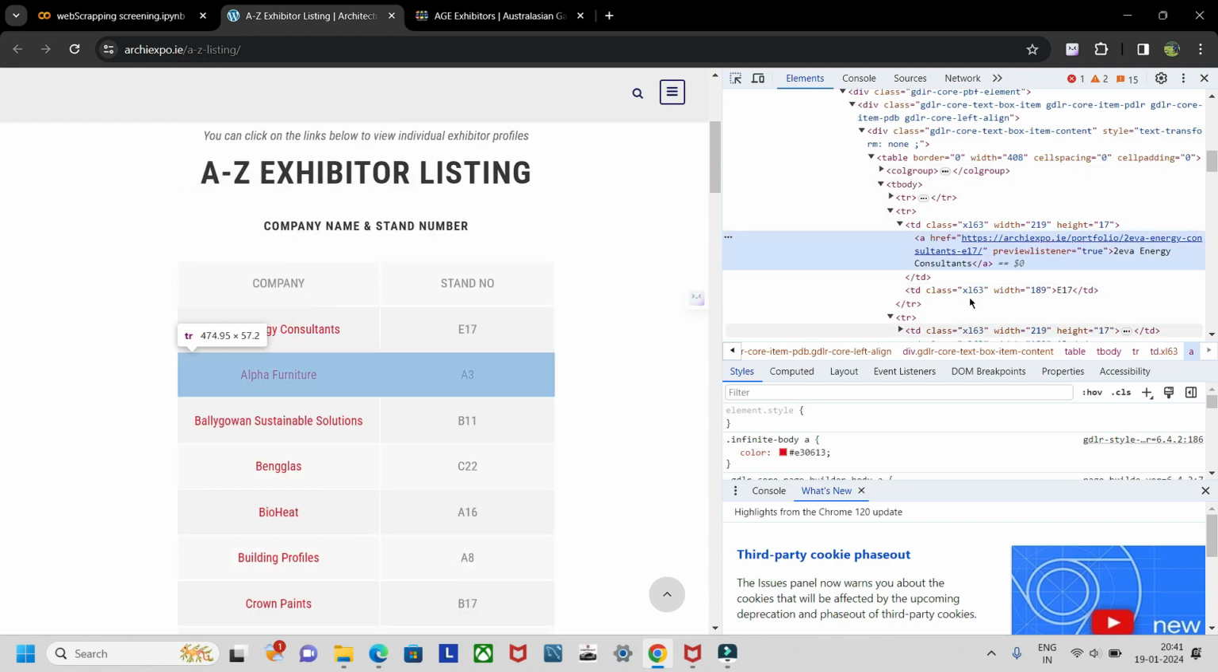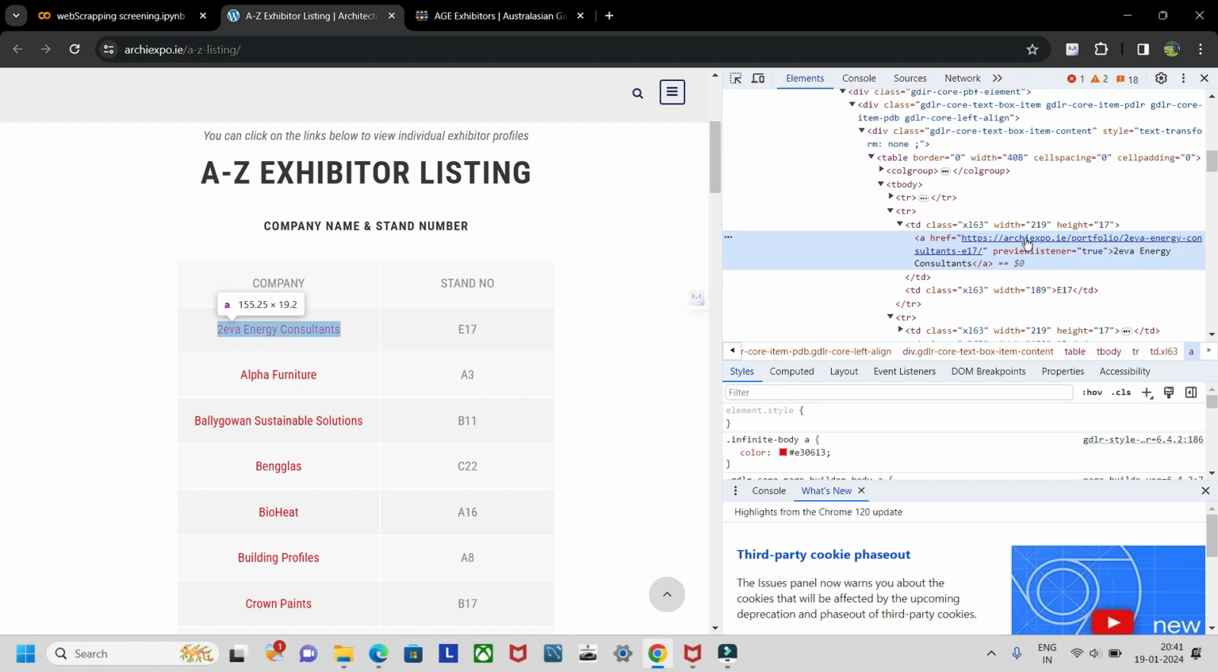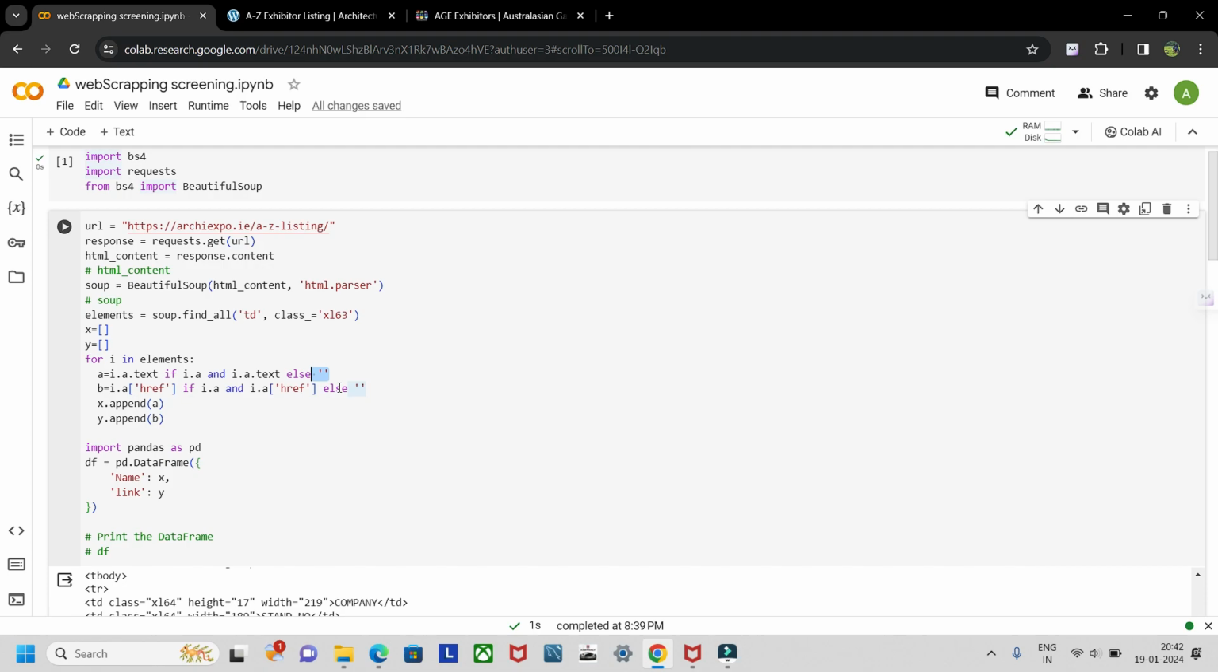Okay, no issues. So here you can see i.a.text. This is how I get the name of the company, and i.a.href is the link of that particular organization. That is the code base. So in this way I'm getting whatever required things, and finally I'm creating two empty lists, and I'm appending x